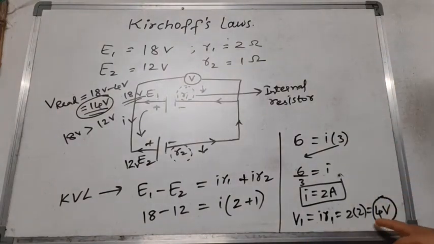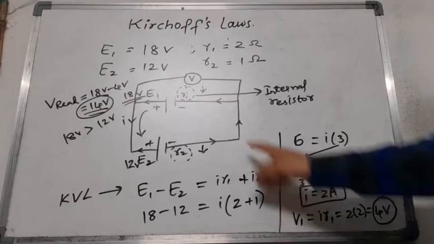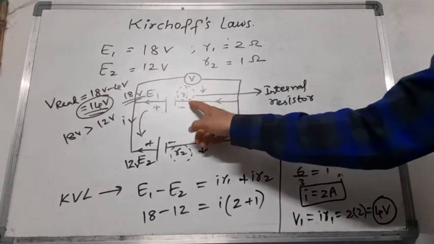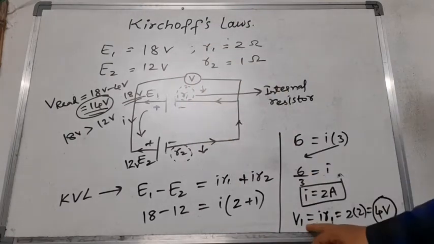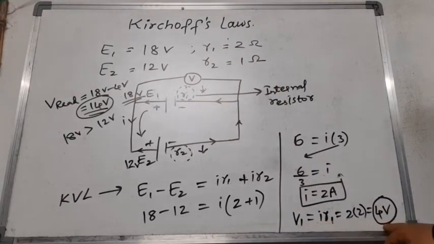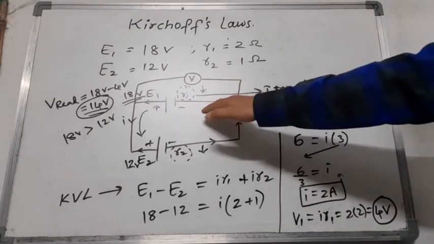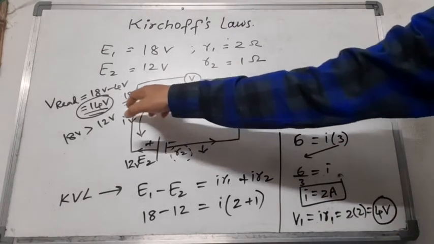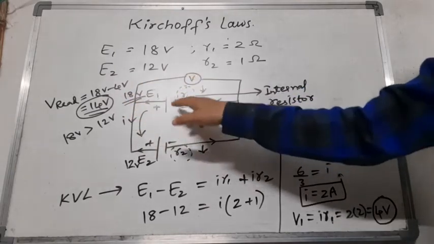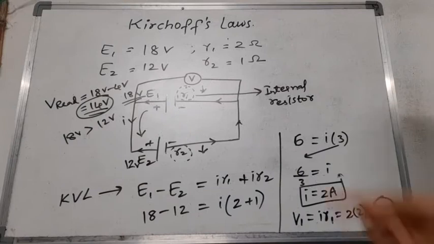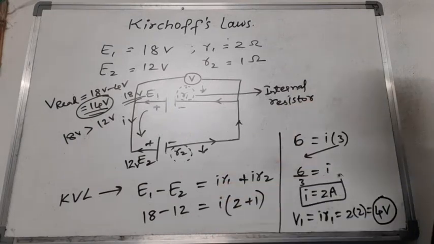So this is the potential drop at the resistor R1, because we are connecting this voltmeter across R1 only. So we have to find the potential difference across R1, that is equal to 4 volts. A 4 volt potential drop is there. Total produced is 18 volts, and in that 4 is decreased. Like this we can apply the Kirchhoff laws in the given questions, right? Next.